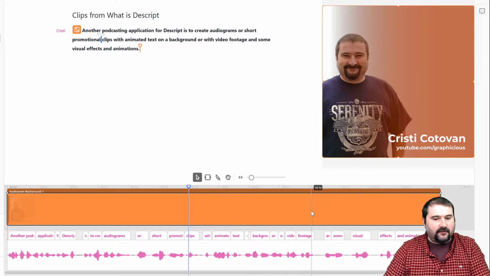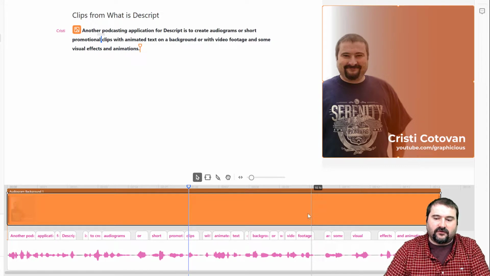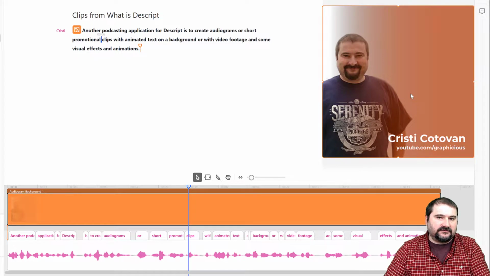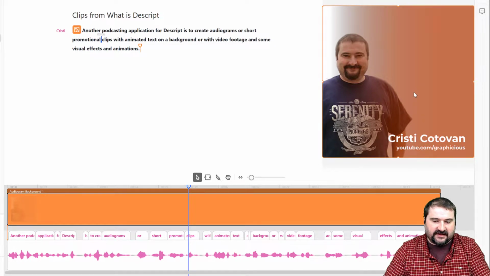Now the next thing I want to do is have the text, because an audiogram technically has animated text on it, and you can see the text working on the screen as you listen to it. And if people on social media typically listen with no audio, muted as they scroll, then of course that's the main reason why the audiogram was invented in the first place, because they want to show the text.